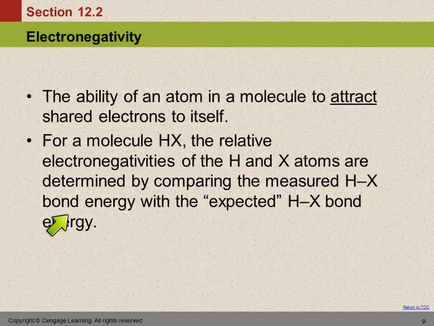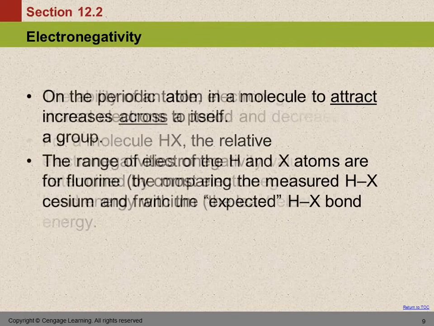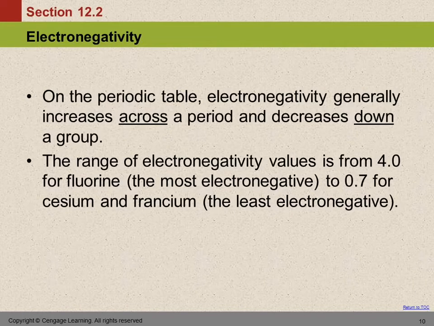So we talked a little bit about bond energy being the energy required to break a bond. If we have a molecule HX, hydrogen and some other element, they figure out the relative electronegativities of these, and it's all relative because it's not something that can be measured absolutely. What do you call zero? They determine by comparing the measured bond energies to the expected bond energies. And if that doesn't make sense, it doesn't really matter that much. What matters is that we understand the idea of electronegativity and that we can use the periodic table to compare